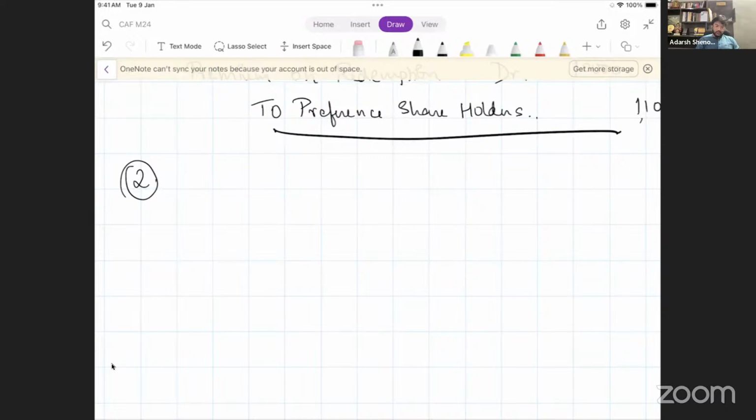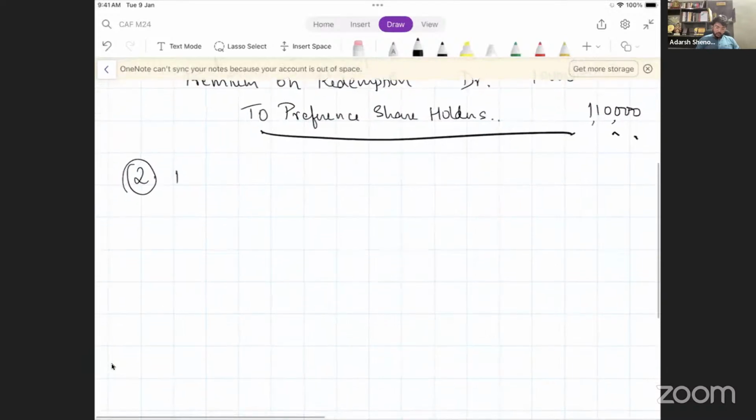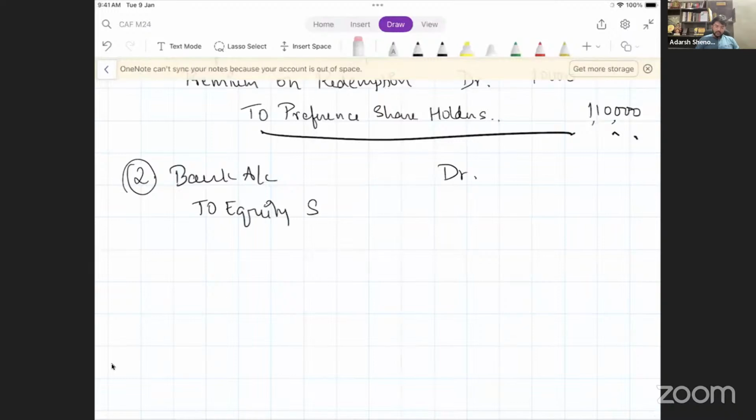So let's say we are doing it through fresh issue first. If it is a fresh issue, how do we do it? The entry is bank account debit. One consolidated entry I am passing. You can also have multiple entries. Equity share capital account or preferential capital account. Basically share capital